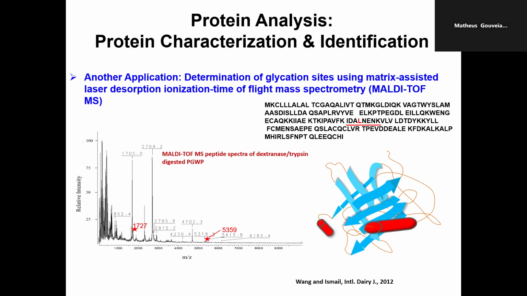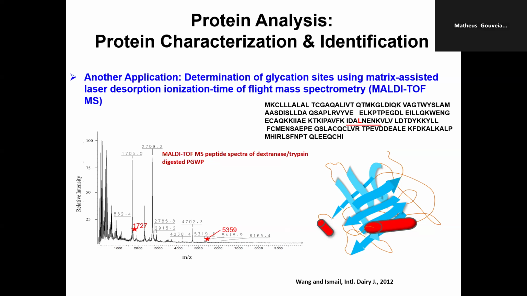Another example, we've used it in the past. We were glycating whey protein. That means we are taking whey protein and using the Maillard reaction to attach a maltodextrin and enhance solubility. We wanted to observe or explain some observation. The protein, when it was glycated, resisted unfolding. So we wanted to understand why it resisted unfolding. So which lysine got linked? So what we did is we took our glycated protein. First of all, we